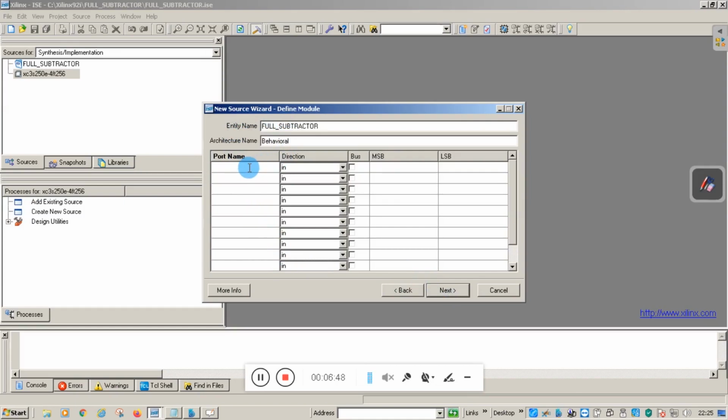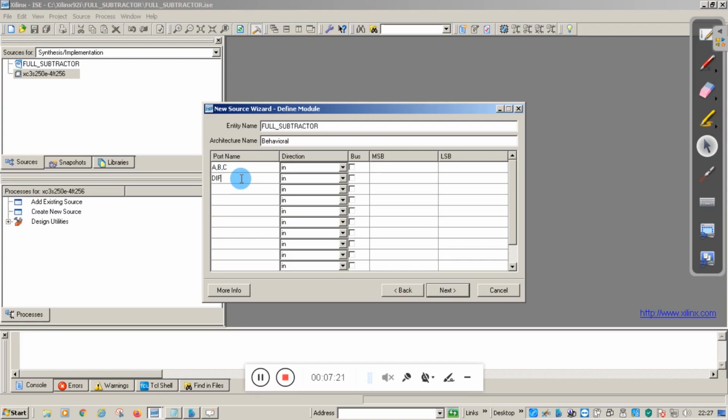In our case, the inputs are A, comma B, comma, actually it is borrow C. Then the outputs are DIFF for difference, comma, BORROW for borrow.